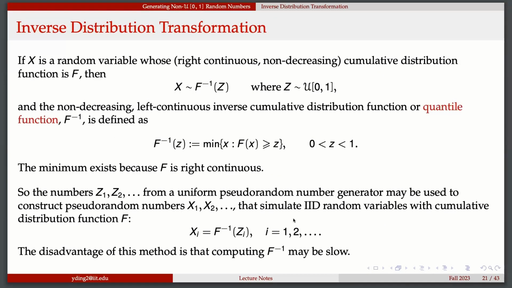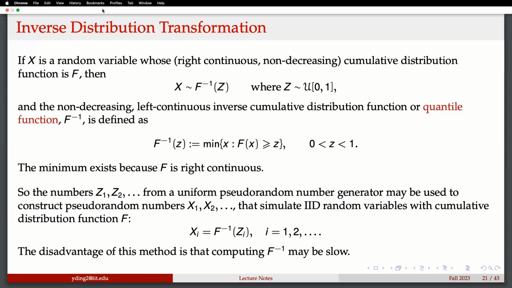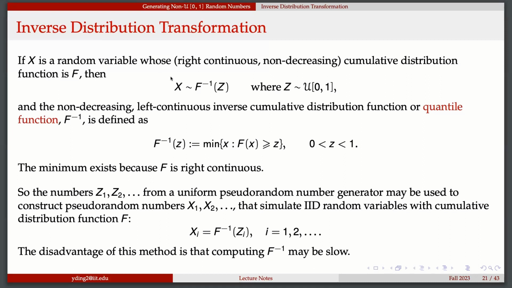Then we will move to something a little bit more complicated and something new. It's not something you maybe already learned, but still it uses something we learned before in probability. Same idea: inverse distribution transformation. So how do I try to do that? Okay, X is some random variable, but this time we just need it to be right continuous. You will see why. So this one should have a cumulative distribution function F.